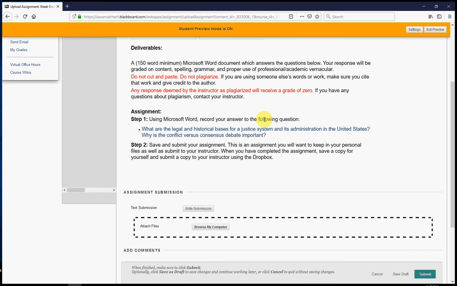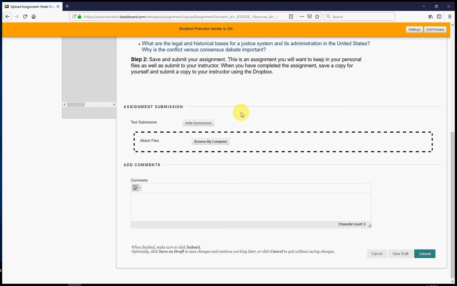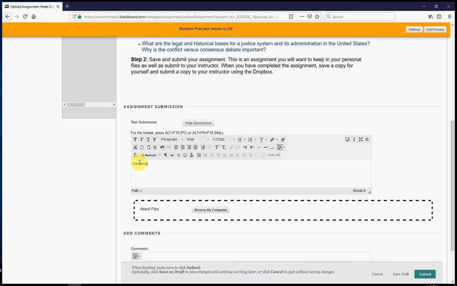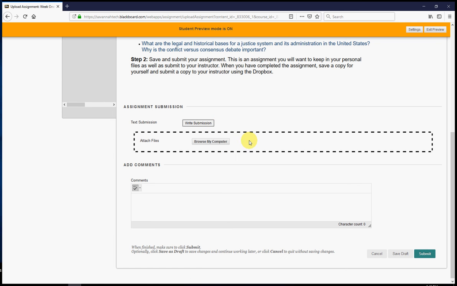And the way that you can do that is two different ways. One is definitely preferred. One way that you could do it is to write your submission in the text box down here. You could copy and paste it off of your Word document that you already created, or you could simply start typing down here. But that's not the greatest way to do it. It formats kind of weird, and there's no point in doing it in this if you could do it on a Word document. So we're going to close that up, and what we're going to do is just attach a